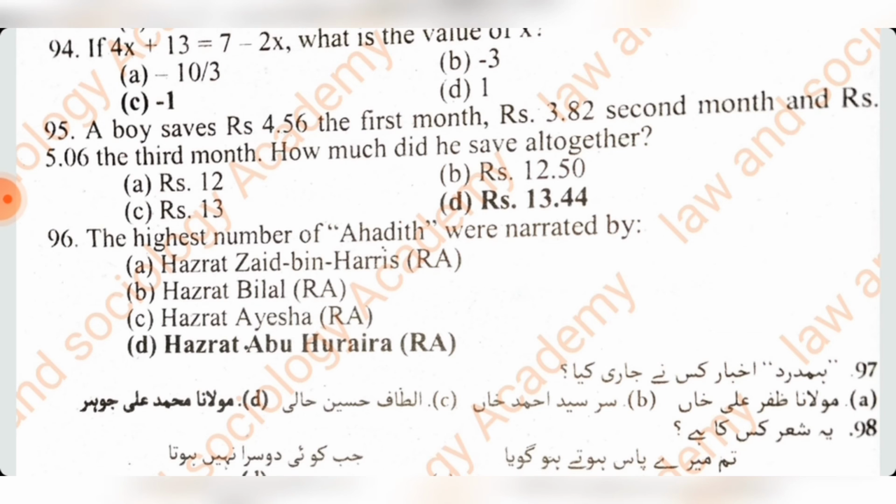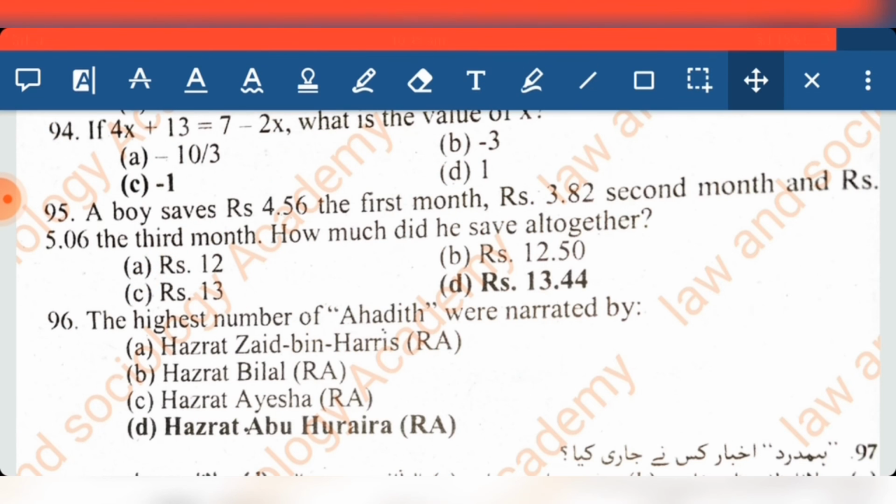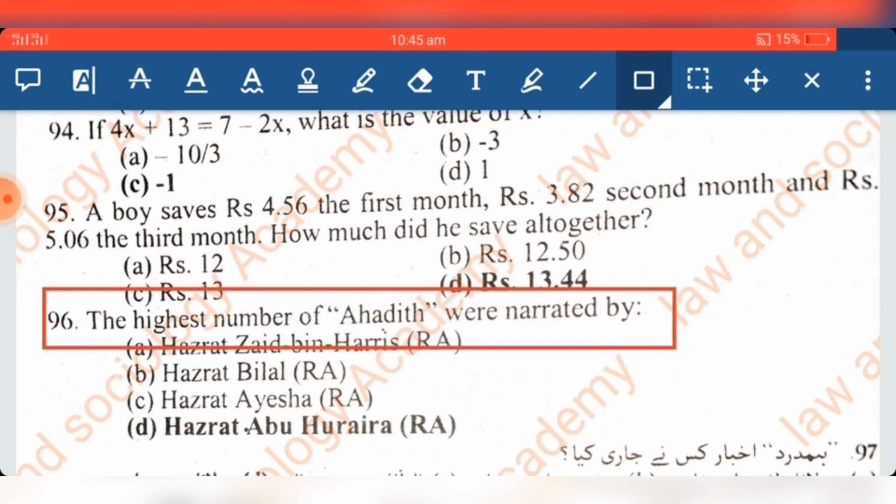And the highest number of hadiths were narrated by